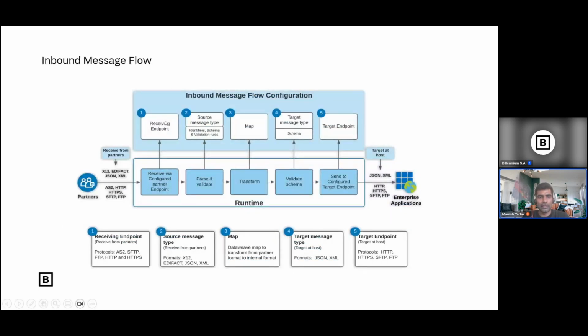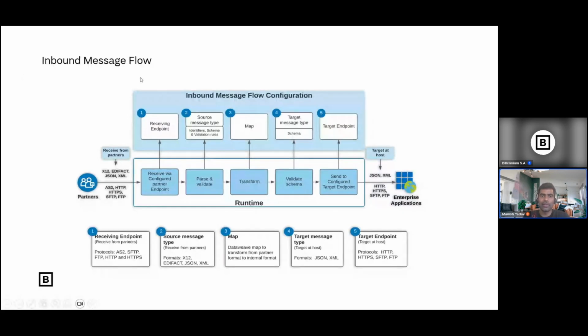What it does is create a receive endpoint. You give this receive endpoint to the partner: guys, I have a receive endpoint from Partner Manager, please submit your order on this, over HTTPS or AS2 protocol, whatever. Then MuleSoft takes the order and validates the schema. Is the order successful or not? Does the order have a proper date format and proper schema or not?